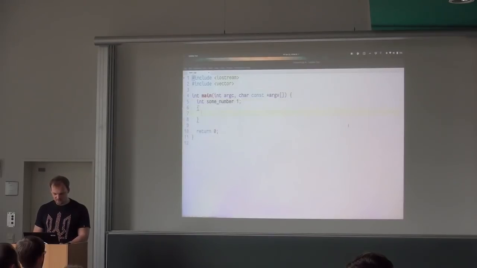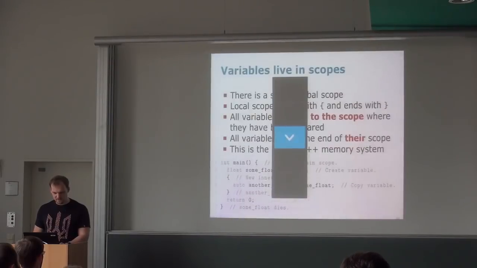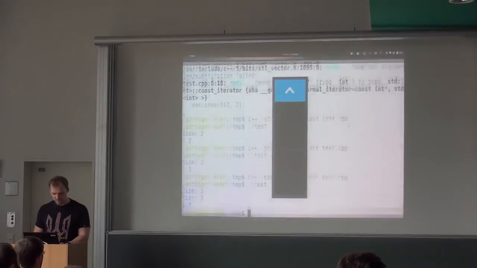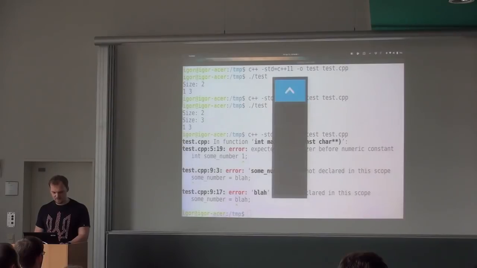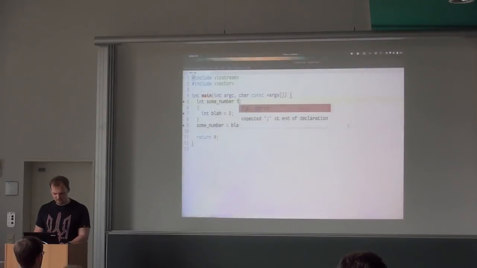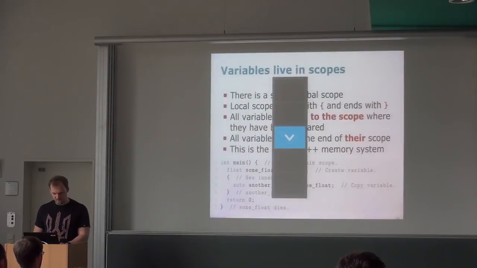And let's create a small scope, and here int blah equals 2, and then let's try to say some number is blah, right? So if we try to build this thing, it will complain because, yeah, I forgot the equals, of course. Okay.